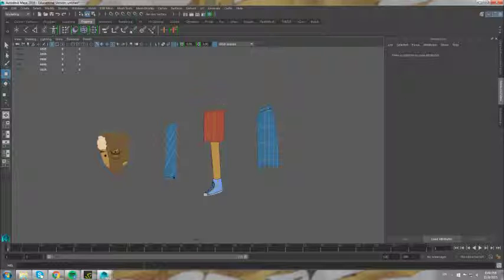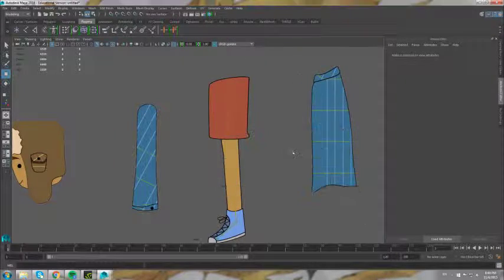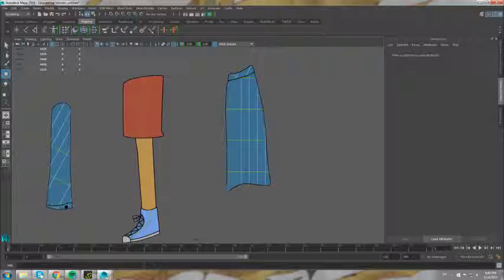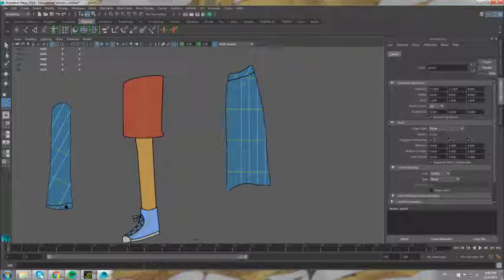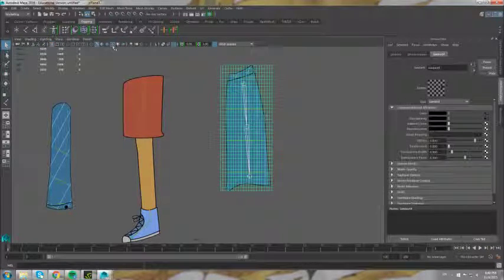Okay, so now that we've got that set up, I am going to go ahead and start in on the next part. I am going to go back to our joint tool. This is going to be the body. Don't really need a whole lot of control here, so I'm going to go with just kind of a three joint control here. We can go ahead and bind that,